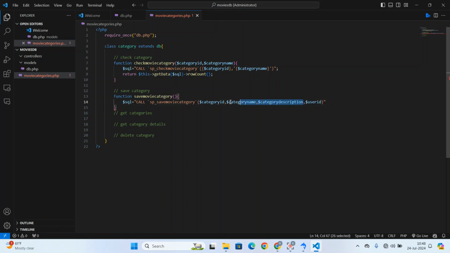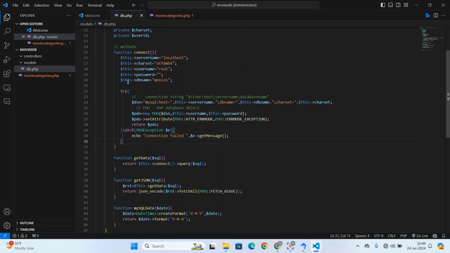Now, these ones are going to come from the user. So I'll put them up there. Then I'll change them into variables. So that is a number. That is a string. So I'll put single quote, then category description also a string, single quote, curly bracket. User ID, I can make it as part of the database here. So I'll say this,